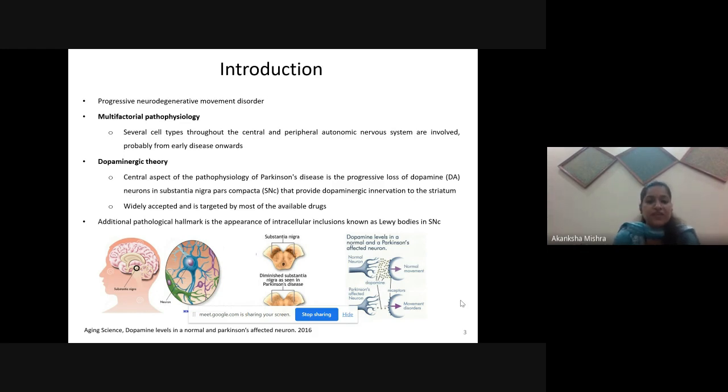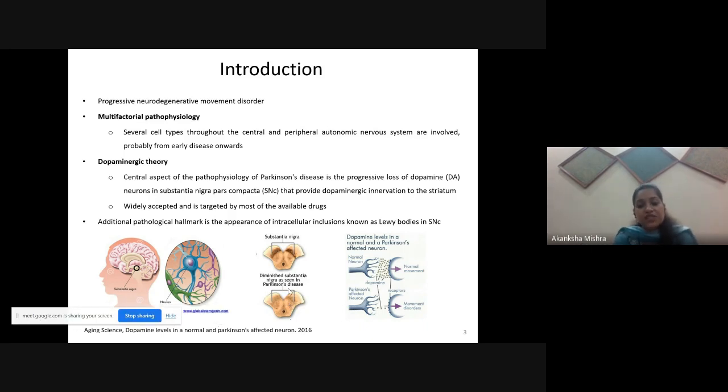Here in the picture, we can see, first of all, a human head. We can see the location of substantia nigra pars compacta, and then a simple pictorial representation of a neuron. Then in the second picture, we can see the substantia nigra, dark colored because of the presence of iron. And then in the second picture, the dark color has diminished. Why? Because the substantia nigra has diminished due to the loss of dopaminergic neurons in PD patients. And as I have talked about their attachment to the receptor, we can see that in the third picture.